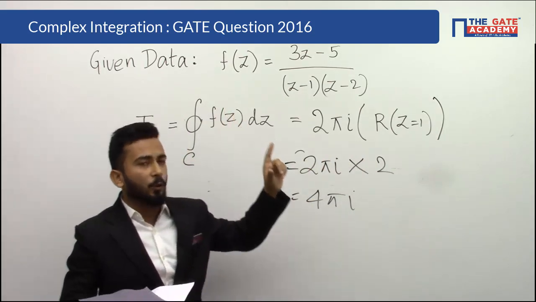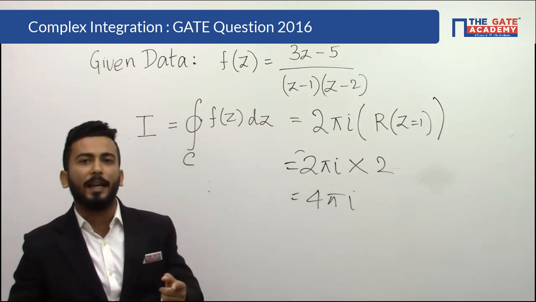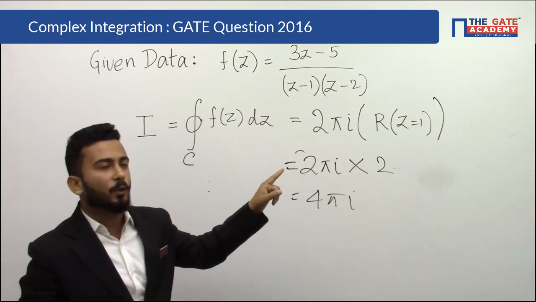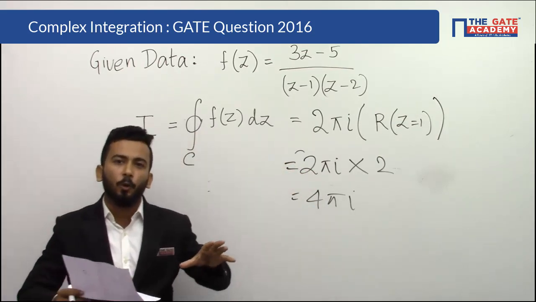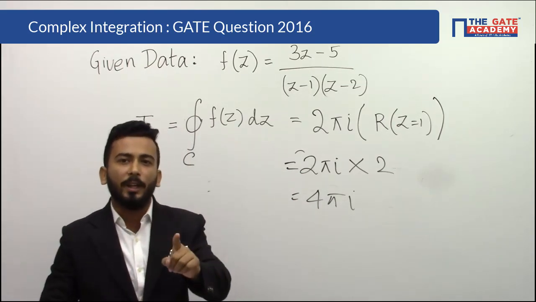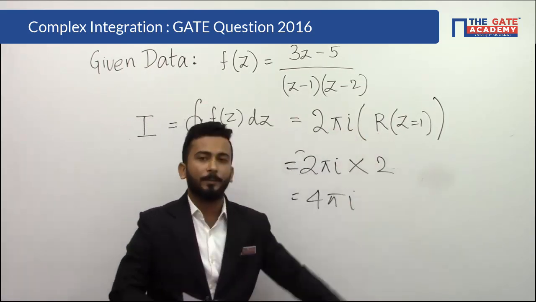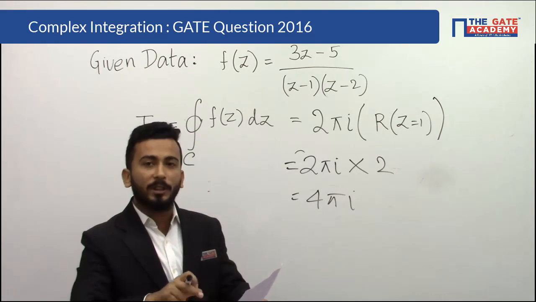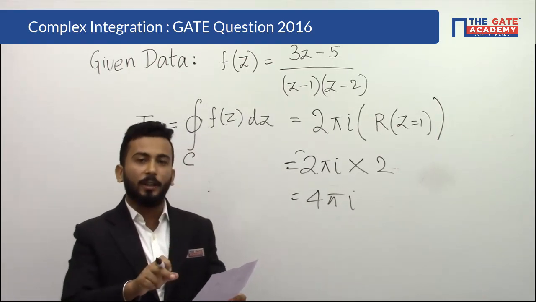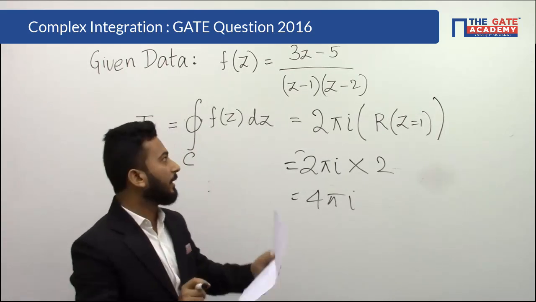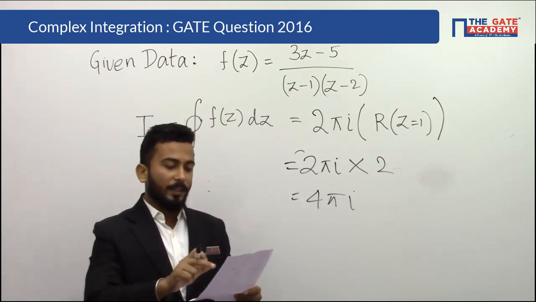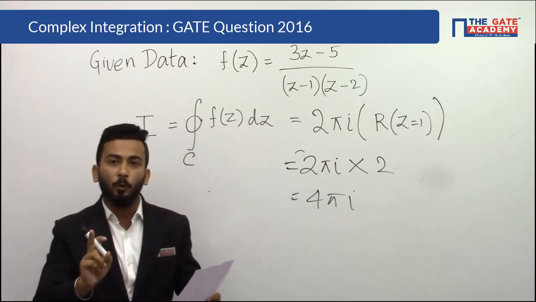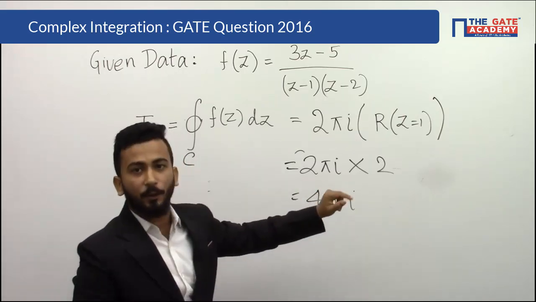So since it is known to us that the answer of the integration is 4 pi i and it is coming only by taking the residue at z equal to 1, the contour or the closed curve C will be the one which is surrounding the x coordinate 1. From the options, you can see that among the 4 circles drawn surrounding the x coordinates, only option B matches with our answer, which is the circle enclosing only 1 and not 2, and it is giving me the answer 4 pi i.